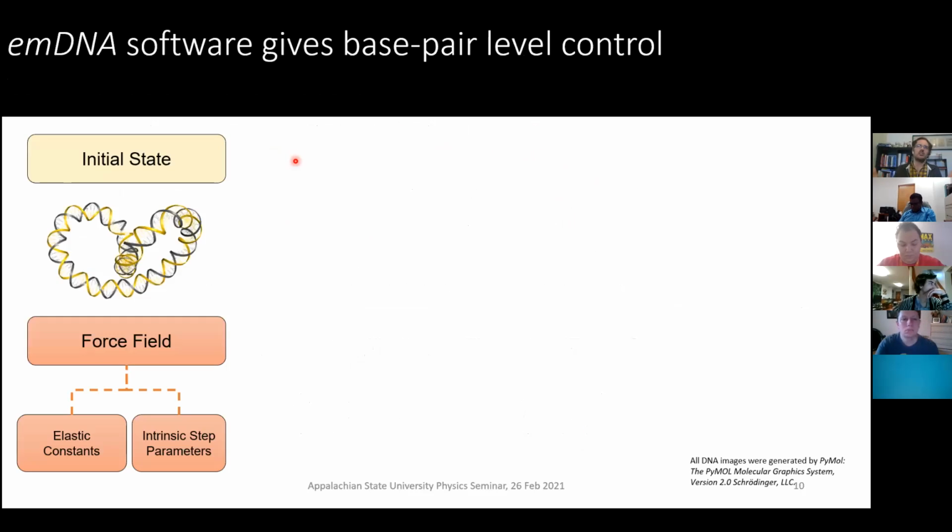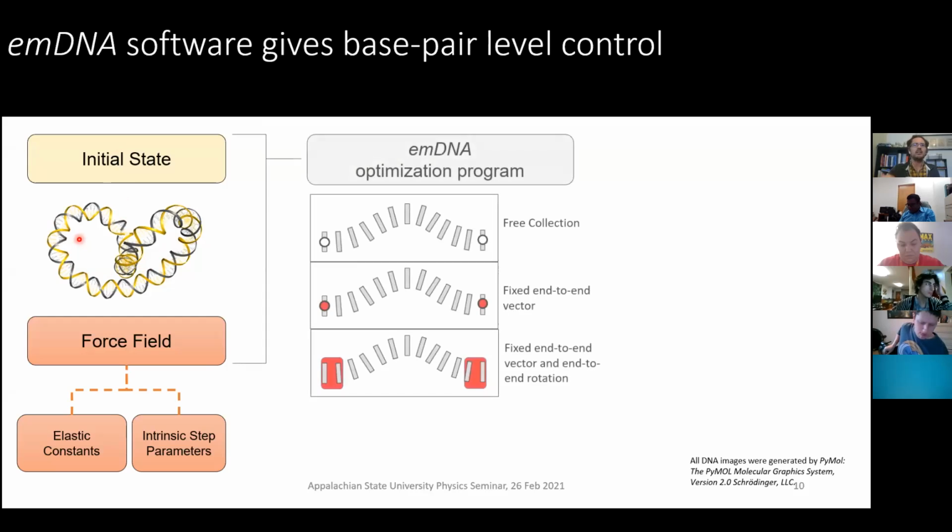So as I mentioned with calculus, as long as we have a rest state and as long as we have our initial condition, we can go forth and do whatever type of minimization or optimization we want to conduct. So let's just say that I have this structure, this DNA bean that I made as my initial set. I have my force field. I can load it into our optimization program called EMDNA. And we can have a level of control in our software that allows us to maybe just optimize it so our initial state looks like the rest state.